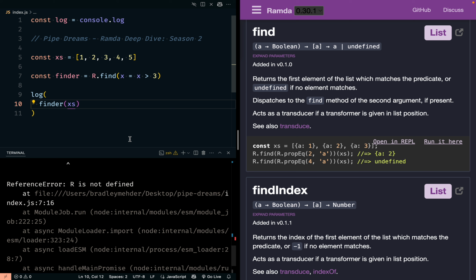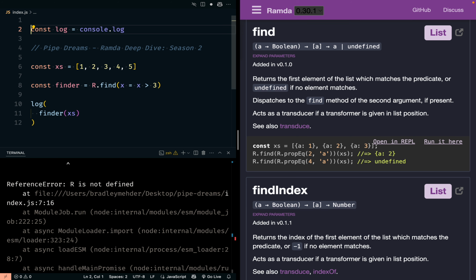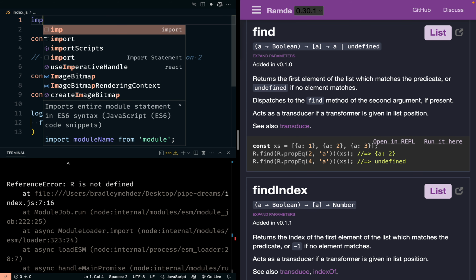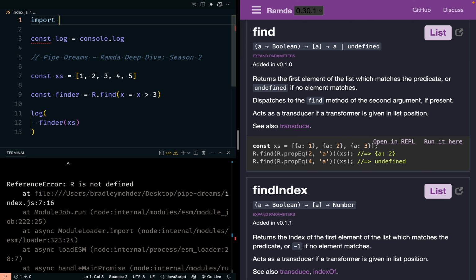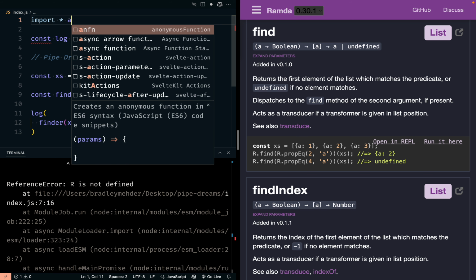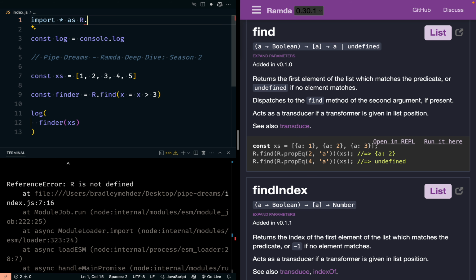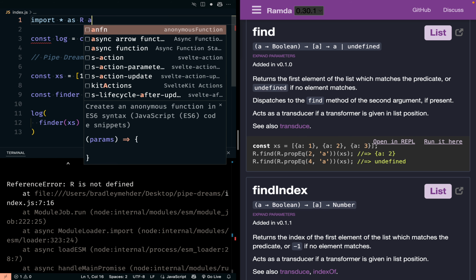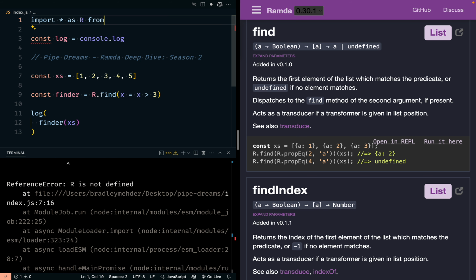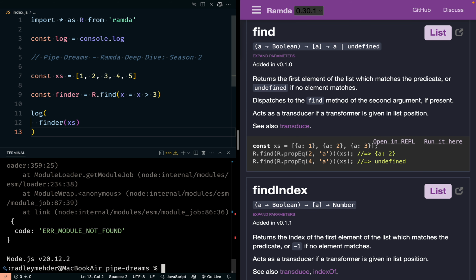R is not defined. Of course, I have not imported the library. That would be helpful. So I'm going to do the same thing and import everything as R, just so I don't have to keep adding functions individually from Ramda. All right, save that, clear this.